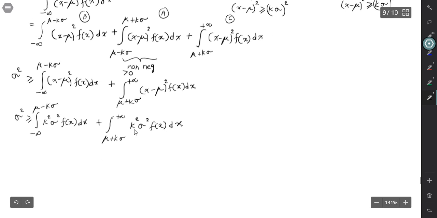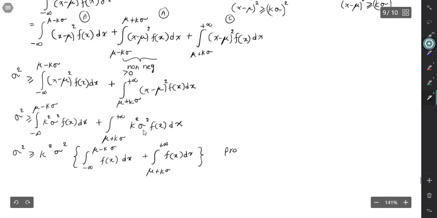Now we can take k square sigma square outside the integration because these are positive values. Sigma square is the variance, so it is positive, and when you square a constant, it also becomes positive. So let's take k square sigma square outside, which will give you the integral from negative infinity up to mu minus k sigma of fx dx plus the integral from mu plus k sigma to plus infinity of fx dx,